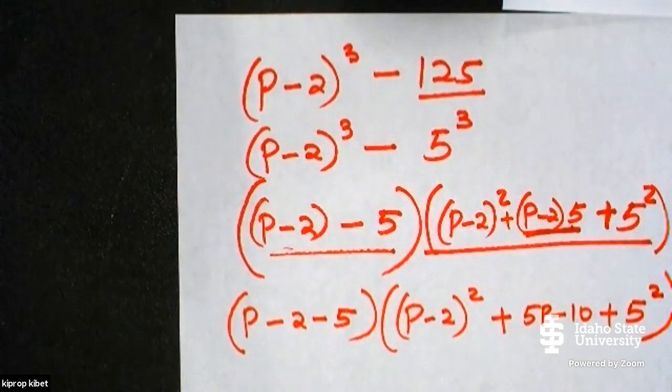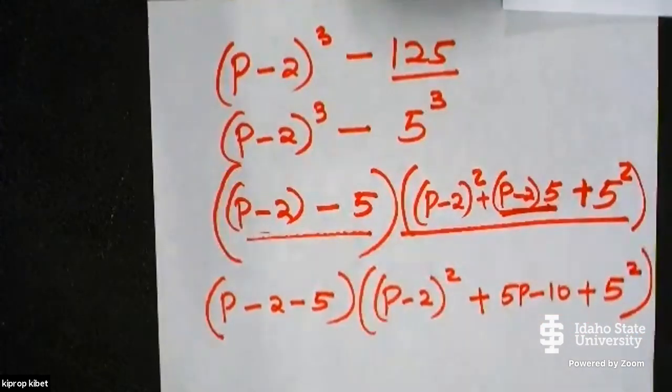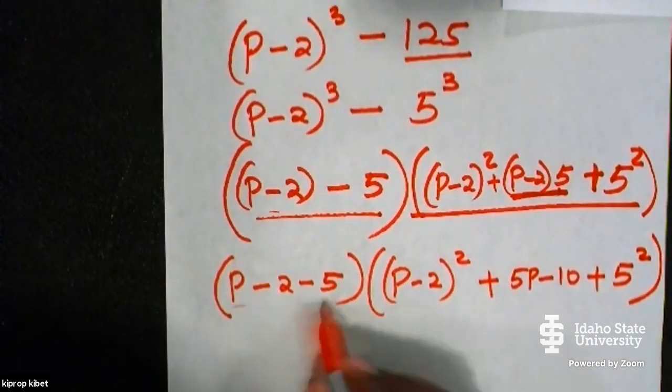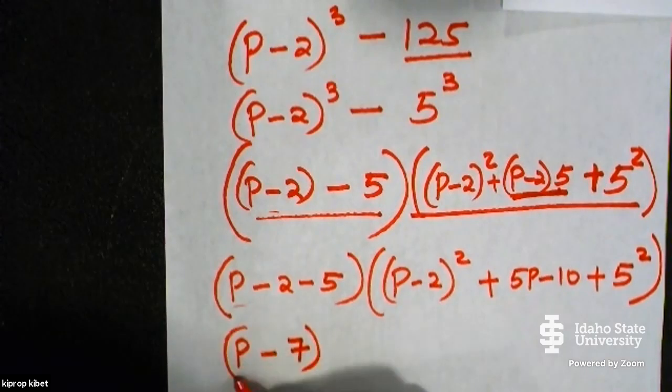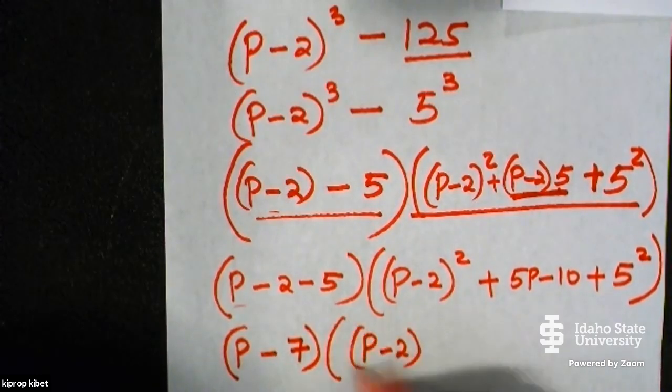Okay? So when you open that brackets, it will be like that. So now here it will be p minus what? Minus 7, and then here it will be (p - 2)^2